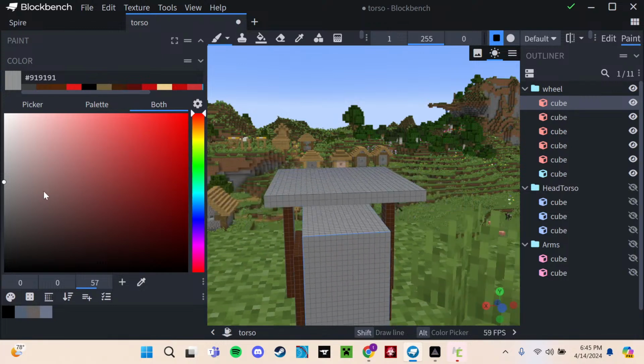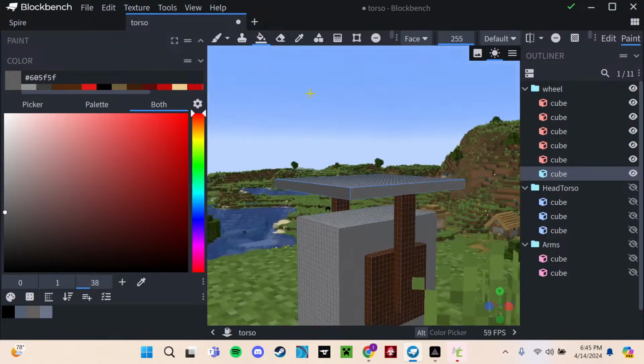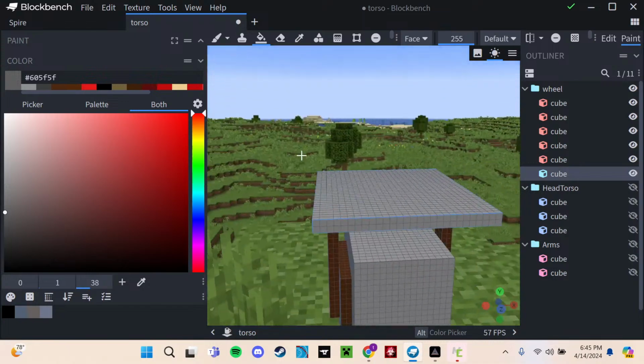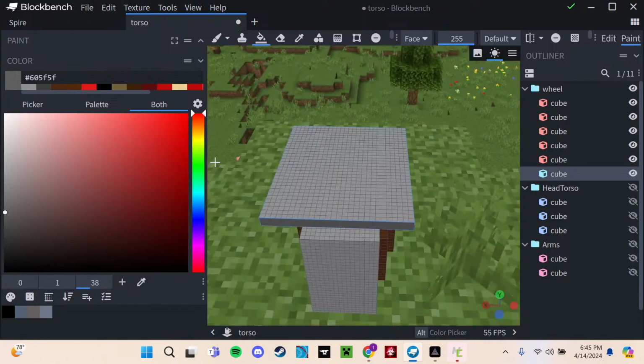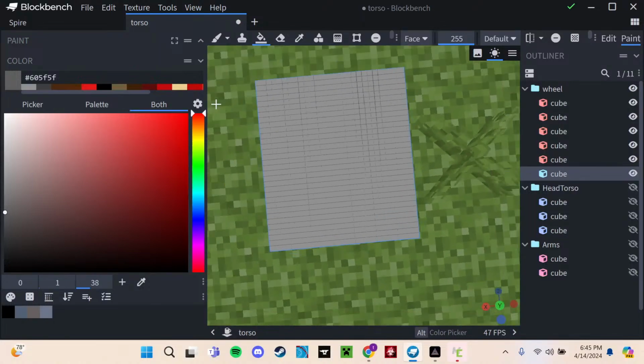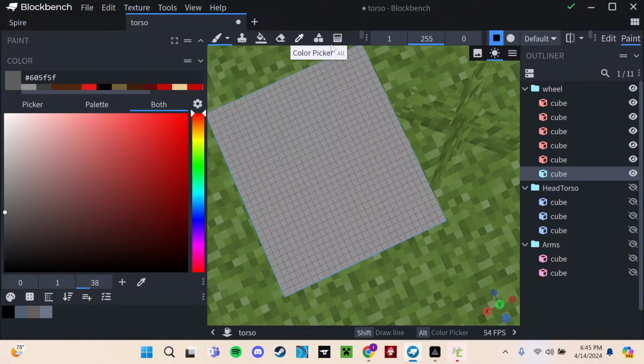And I'm gonna change this one to a darker color and just do paint. Because technically there's only 2 pixels wide. So now I'm gonna go in around the border with pixel brush. And then from there, we can go ahead